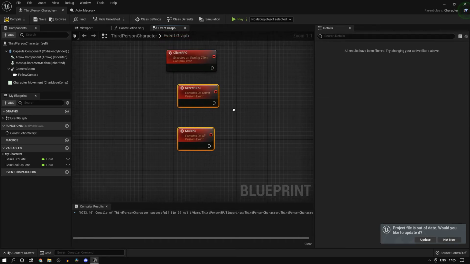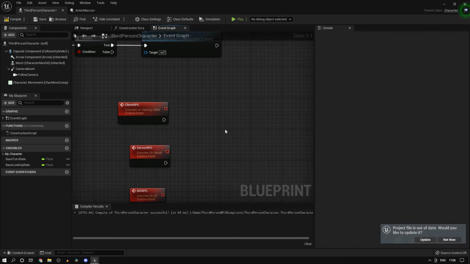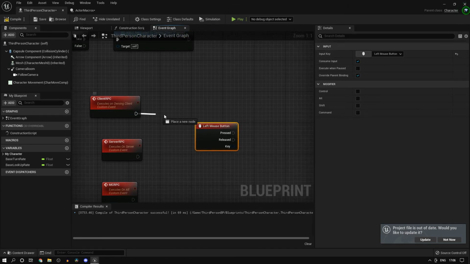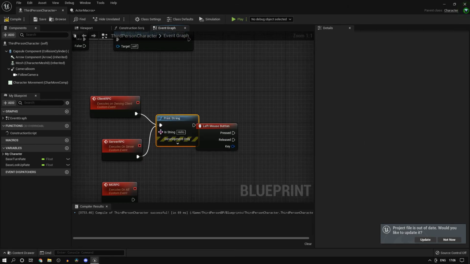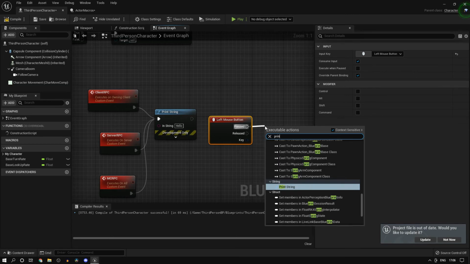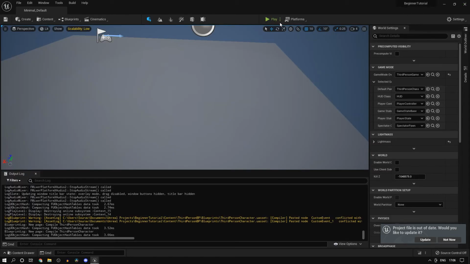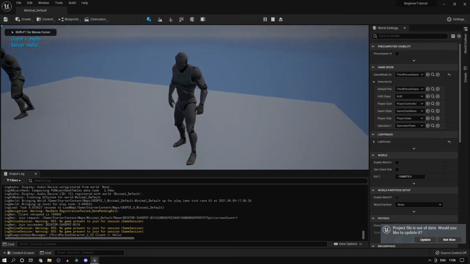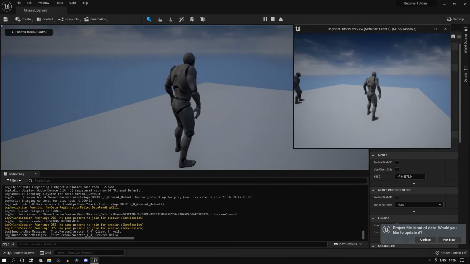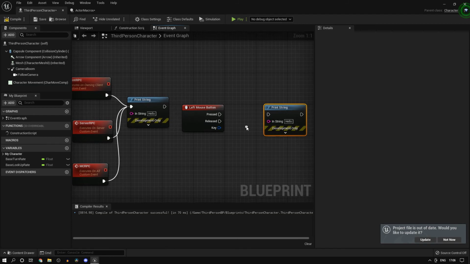So let's talk about these three RPCs in brief. So if you have to run anything on that particular player itself, the one you're referring to, so let me just type in left mouse button and I'll just hook up a print string on each one of these and print hello. I'll just be showing you guys the results, but I'll be explaining it in the further videos. Now if I play, let's just wait for the client to initialize. Now if I left click, the server prints hello. Now if I left click again, the client prints hello. And that's because we actually haven't hooked anything up.